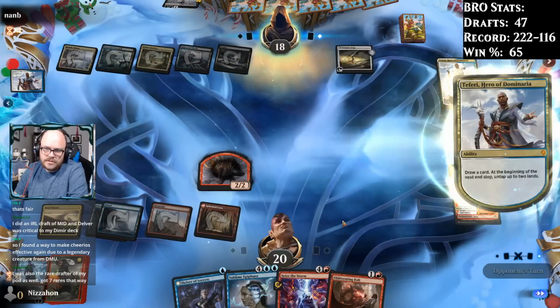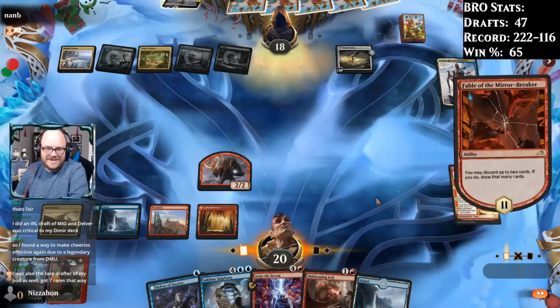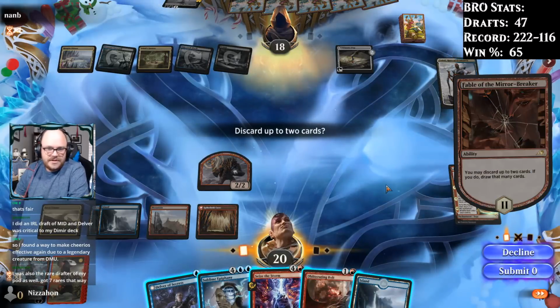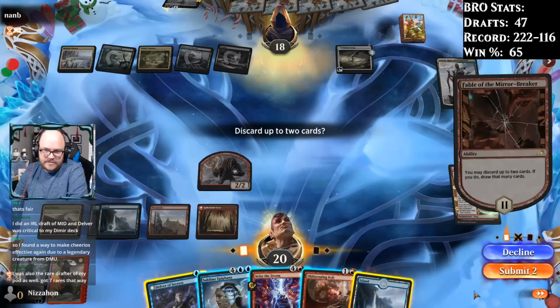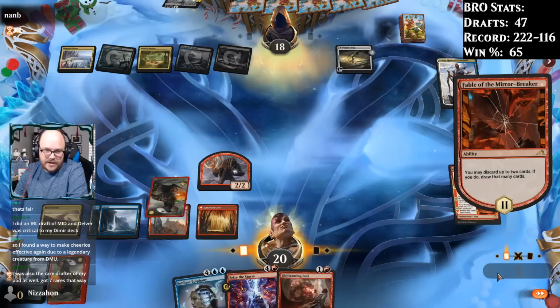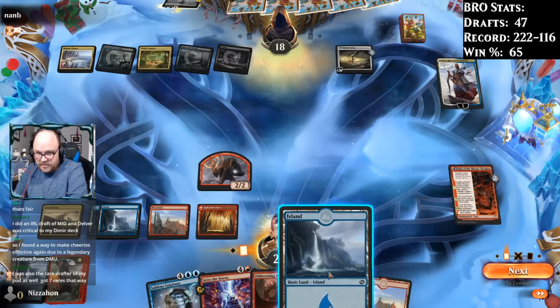So, what am I doing about that? I guess killing it? Hopefully. Kind of considering pitching the Delver here now, honestly, because I'm not going to have time to cast it anytime soon. So yeah, let's just throw it away. If I played it last turn, that would be a whole other thing, but...